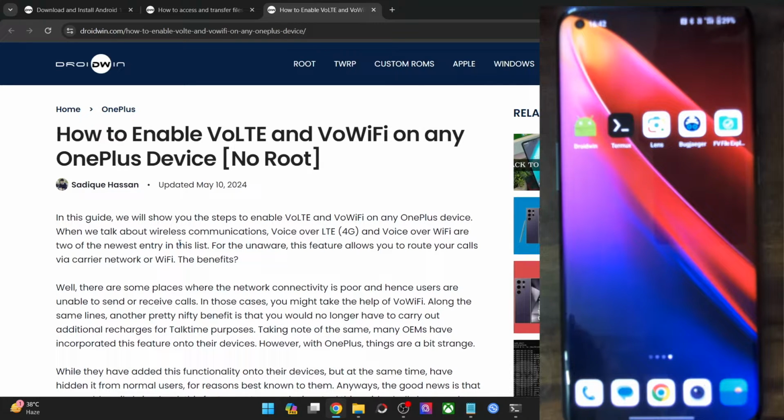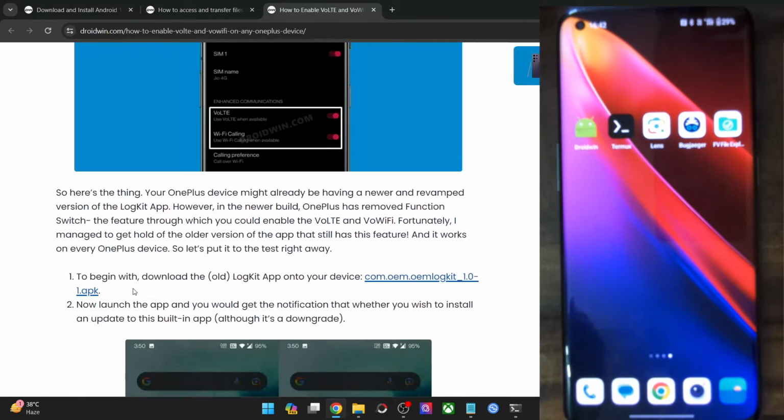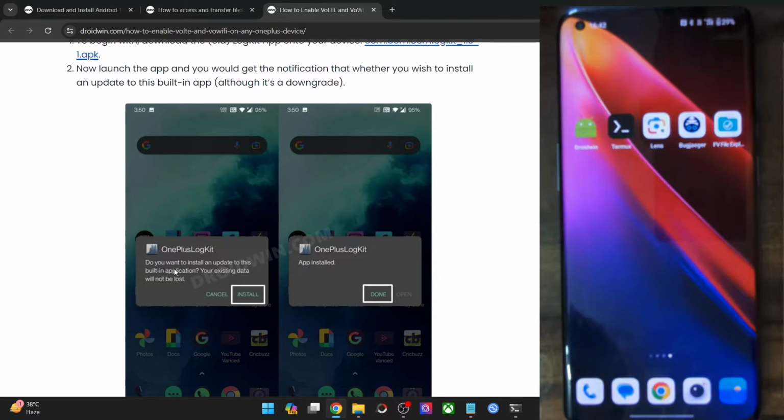Moreover, I have done the testing till OnePlus Android 13 and Pixel Android 14. You are free to check across all the Android versions as well and then let me know the result. So with that said, the process will not require root. You may carry out the entire process without taking the help of any root whatsoever. On that note, I will still advise you to take a backup just to be on the safer side.